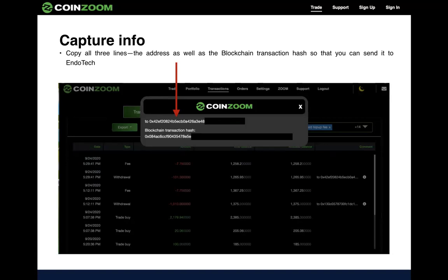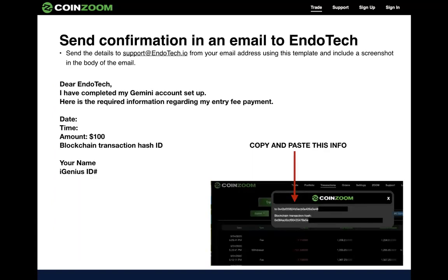So there's all this little back and forth, but it's all good. It's a communication. That's all it is. Realize that. And you're going to get good at communicating. So then you're going to open an email and you're going to send a confirmation in an email to EndoTech. So send the details to